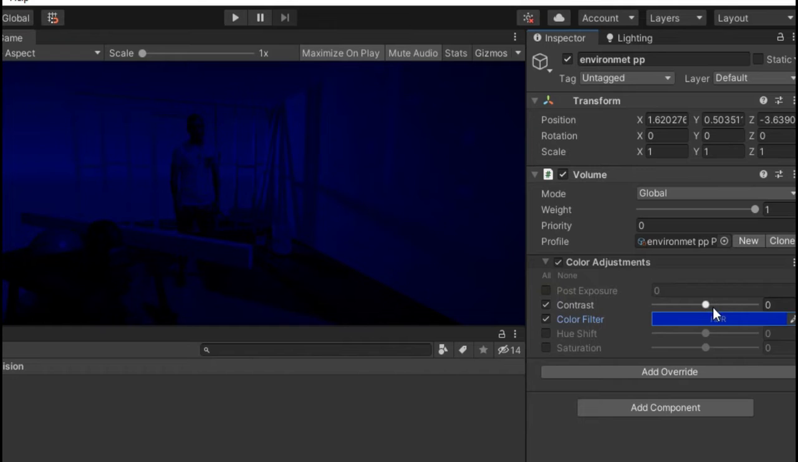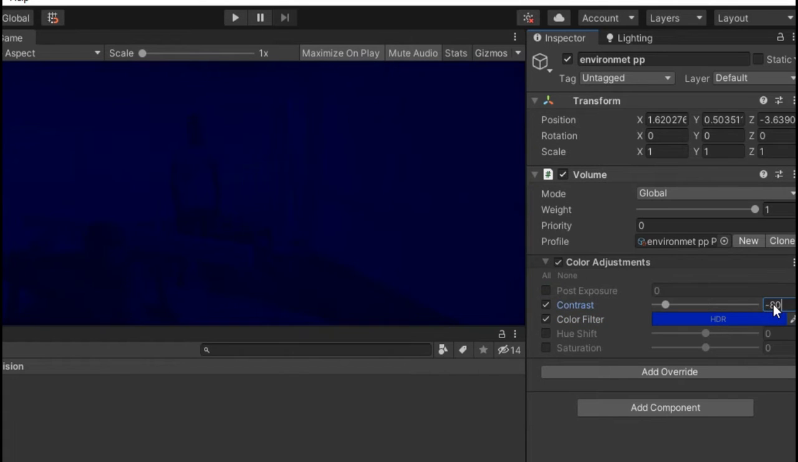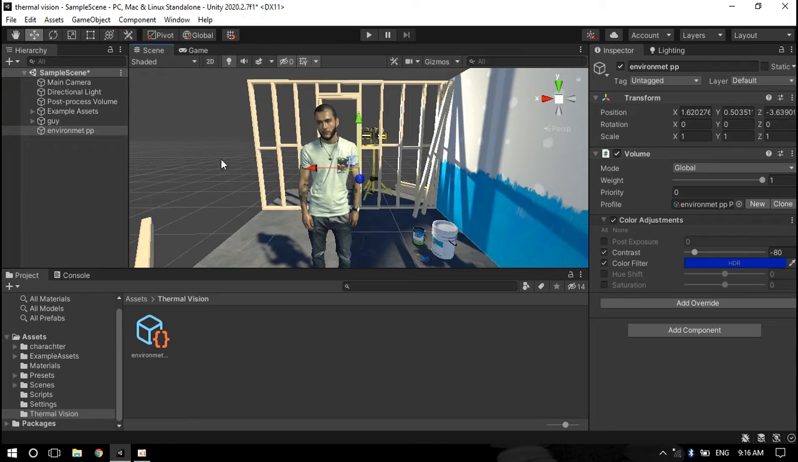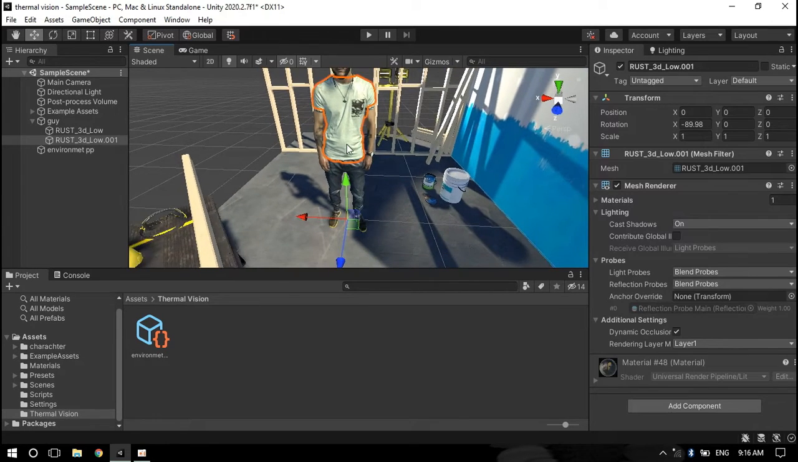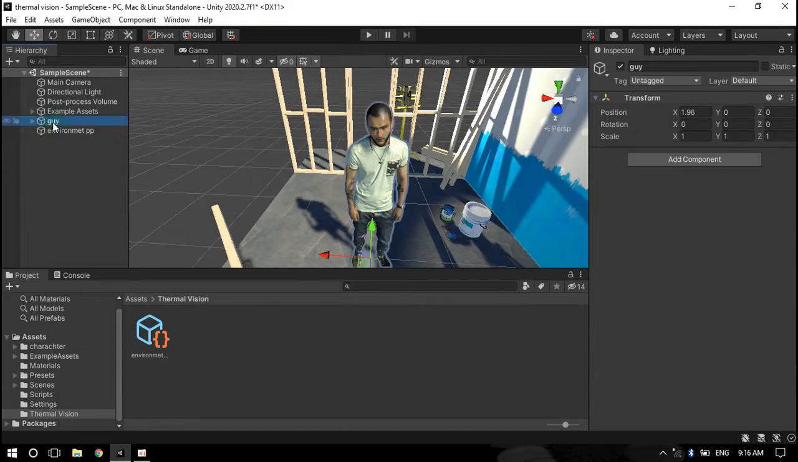I'm gonna bring down the contrast to -80. That's because thermal cameras don't see lights or shadows, they just see temperature. So realistically we should bring it all the way down, but we'll leave a bit of contrast there to see the environment. To make our guy stand out, I'll duplicate this and I'll make this duplicate the child of the